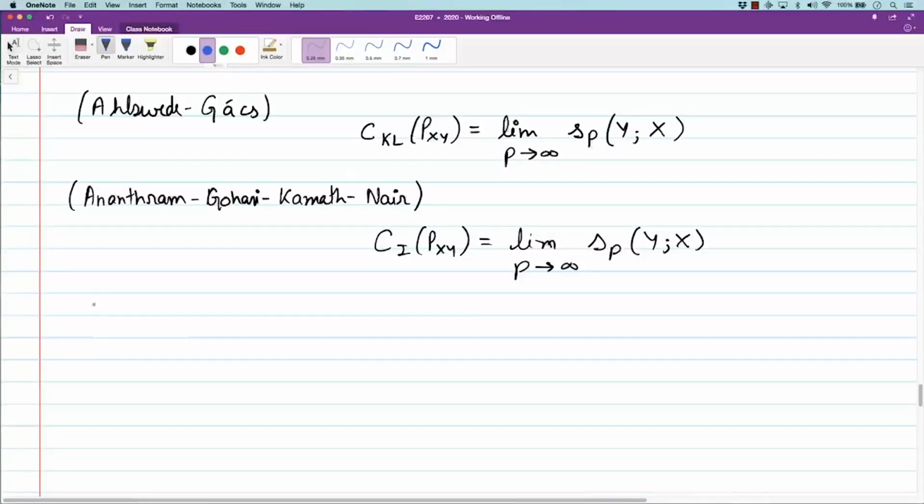So define kappa for KL divergence, kappa p yx, kappa p